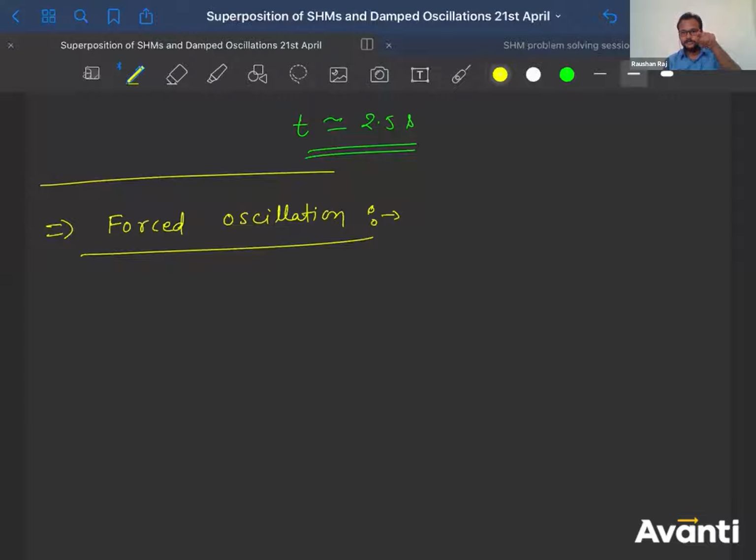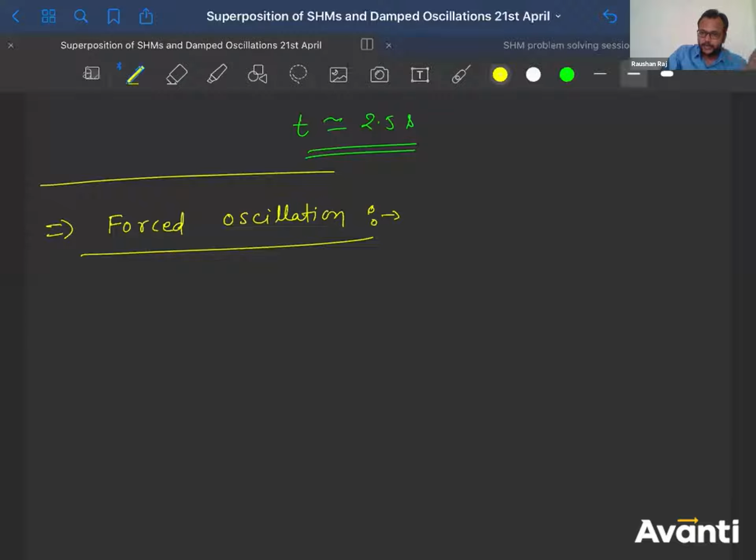So what will happen? If the friend was swinging like this, the moment it comes to you and is going in this direction, you are giving a push. Now it will go to a larger distance. Then again it will come back. Again, when it comes to you, you give a push, and again it will go to a larger distance. So what is actually happening here? That was a normal oscillation.